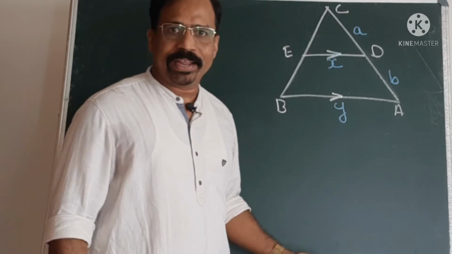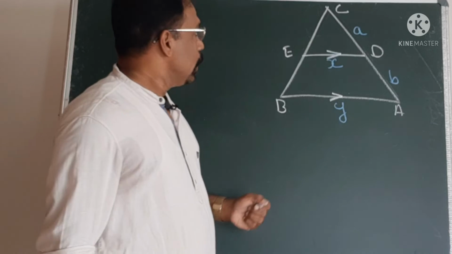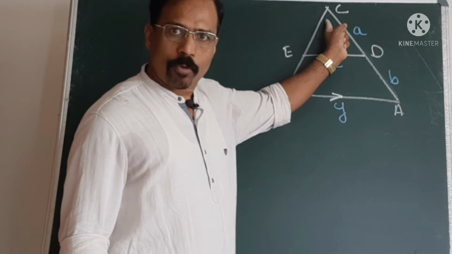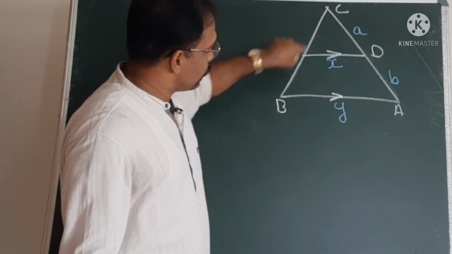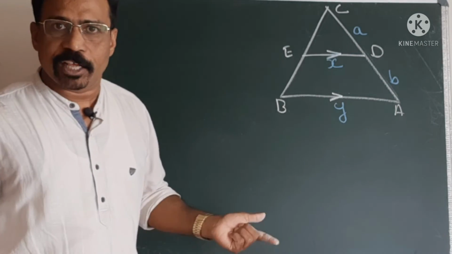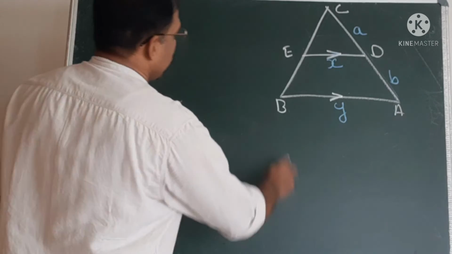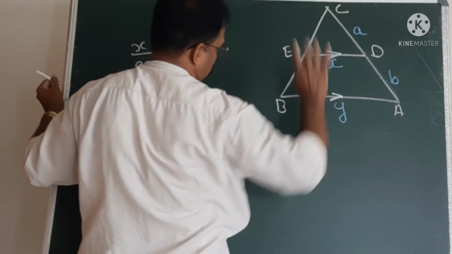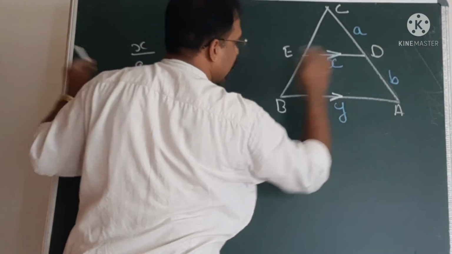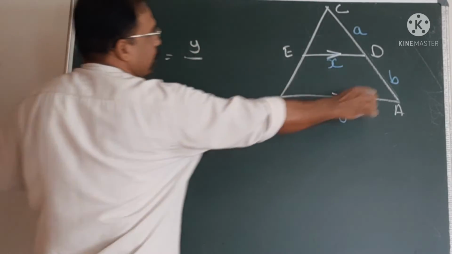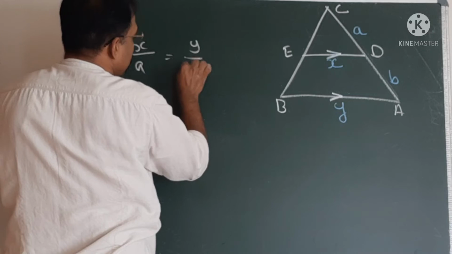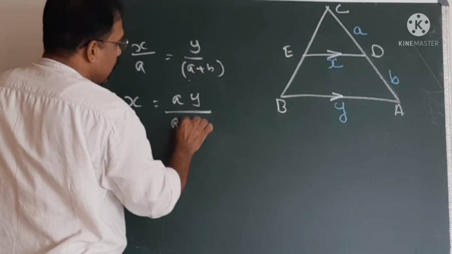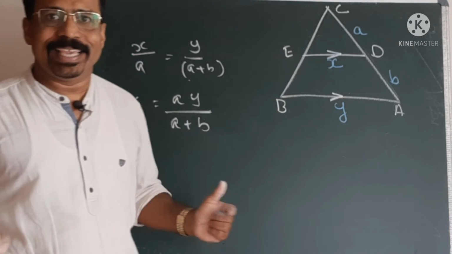Now, we have to find out which of the following statements are correct. Now, you see, since it is parallel to this and this angle is a common angle, we know that this smaller triangle is similar to the bigger triangle. Therefore, their corresponding sides are proportional. Now, which are the corresponding sides? This x by a, this side divided by this, will be equal to this divided by this total length, that is y divided by, what is the total length? A plus B. Therefore, x is equal to a y divided by A plus B. So, the option C is correct.